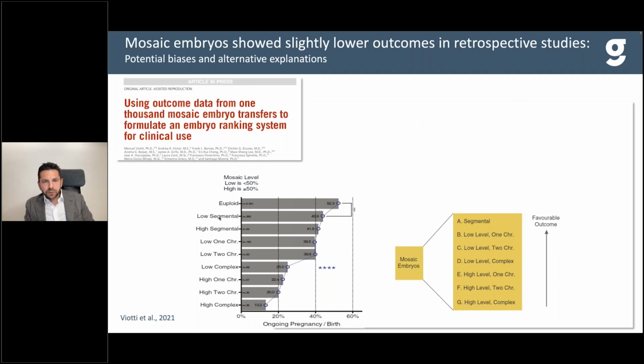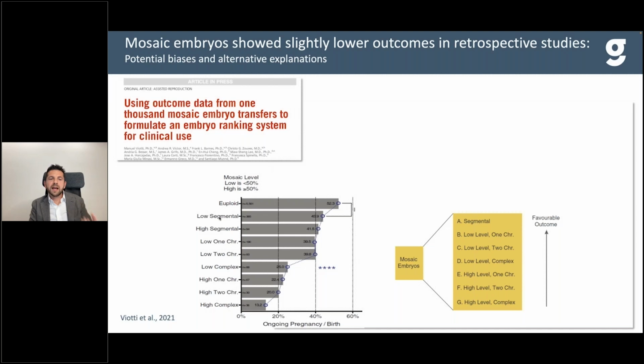So what is the evidence that we have to support this practice of discarding or downgrading mosaic embryos? Now, most of the data and the experience was coming from retrospective studies, from retrospective analysis, where mosaic embryos are transferred as last option usually. And what they found in this largest paper by Biotti and colleagues is that low mosaic embryos, up to 50% of intermediate copy number variation, had a slightly lower live birth rate as compared to the uniformly euploid embryos,